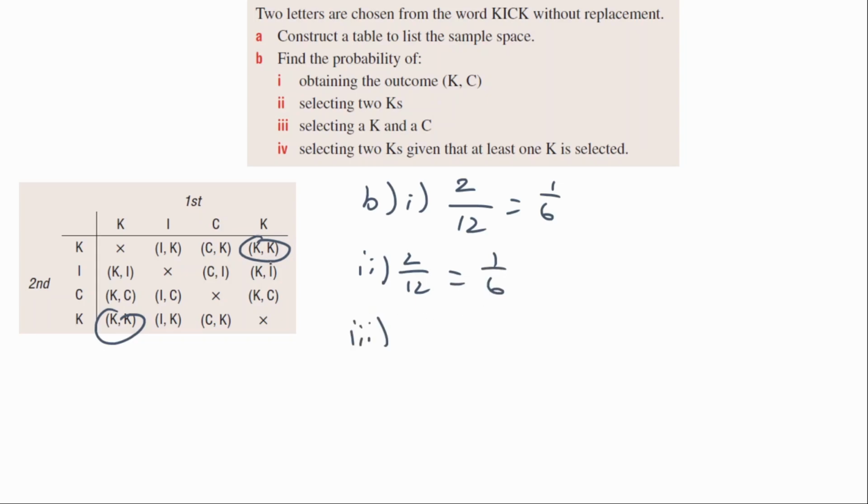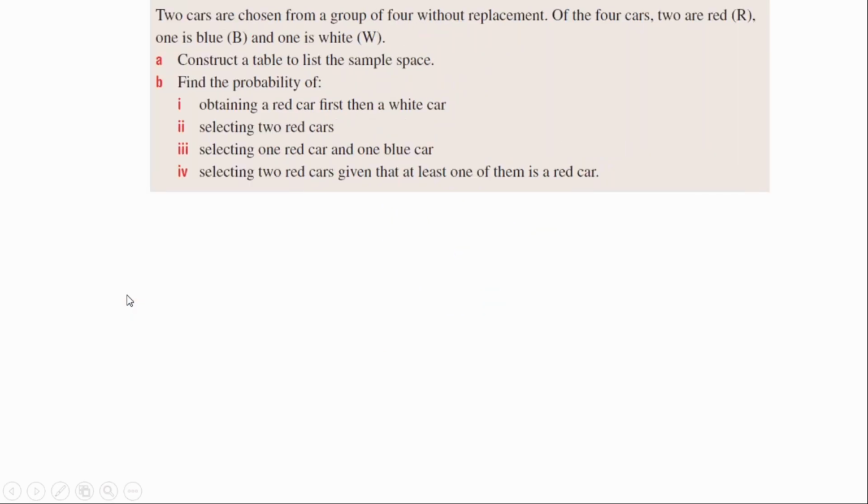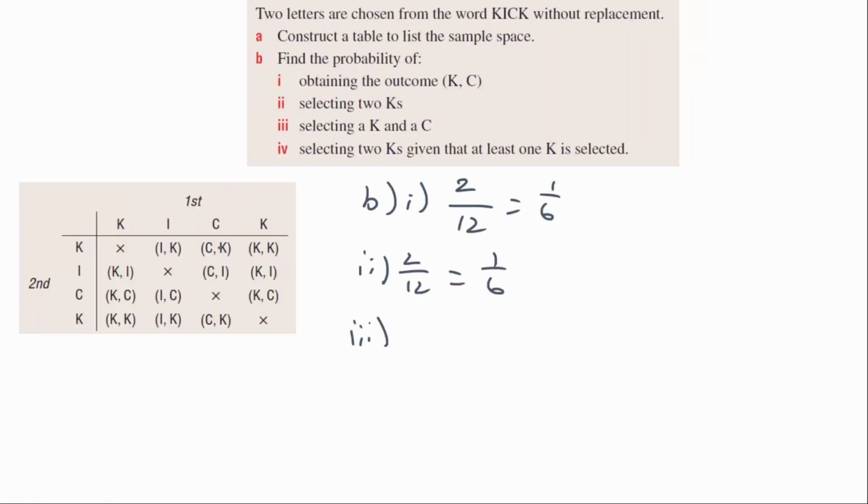And part 3 is the probability of selecting a K and a C. So this time it doesn't give you an order, so it could be in any order. It could be that one, that one, that one, or that one. So this time was a total of 4 out of 12. If you simplify that, divide both the top and the bottom by 4, that gives you a probability of